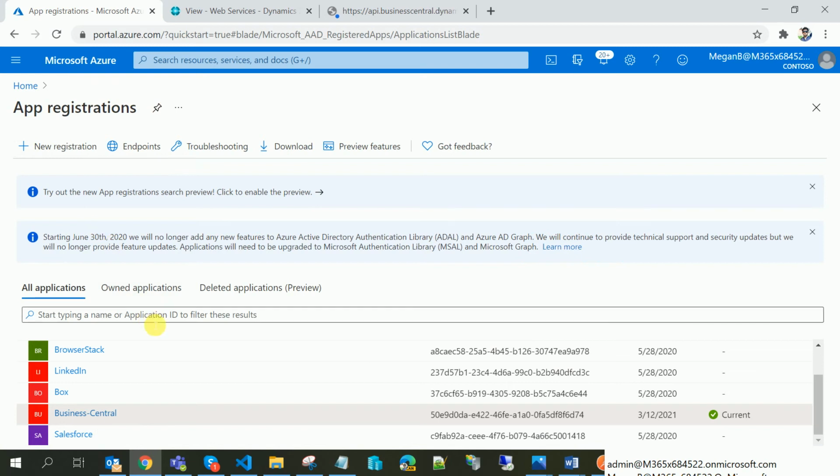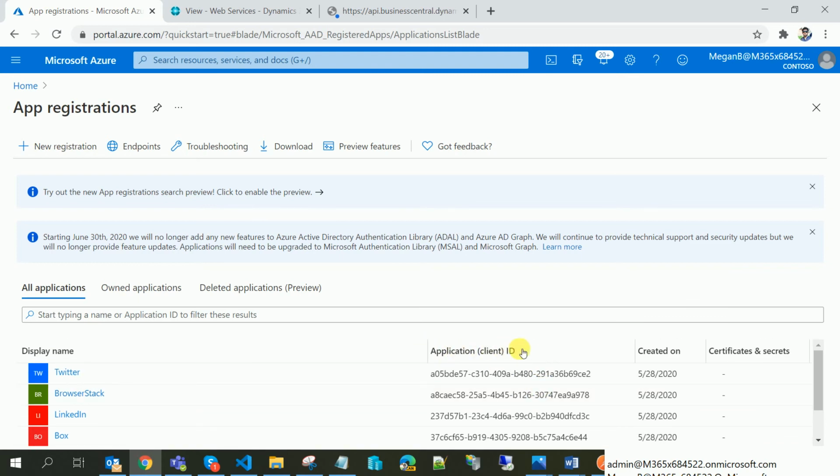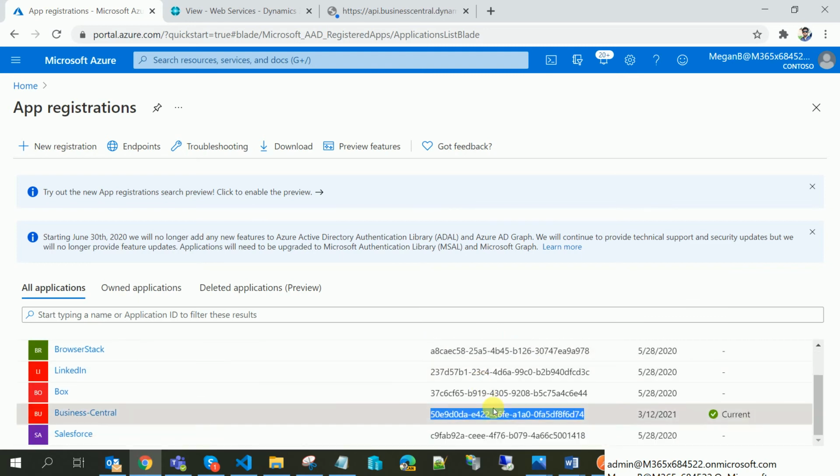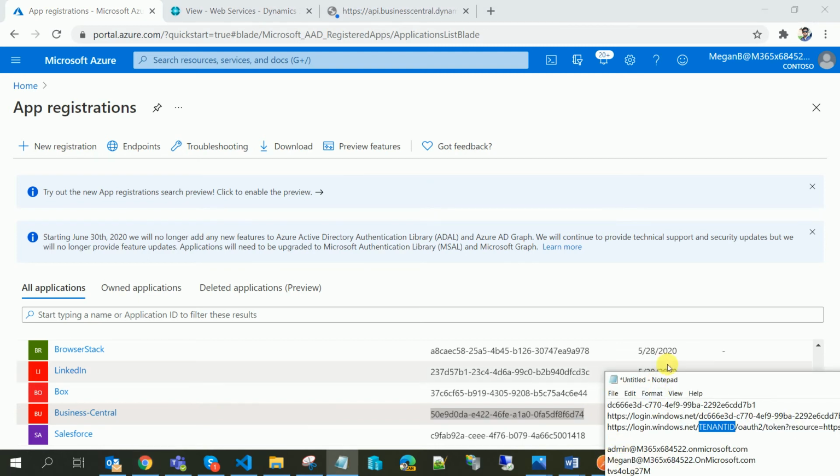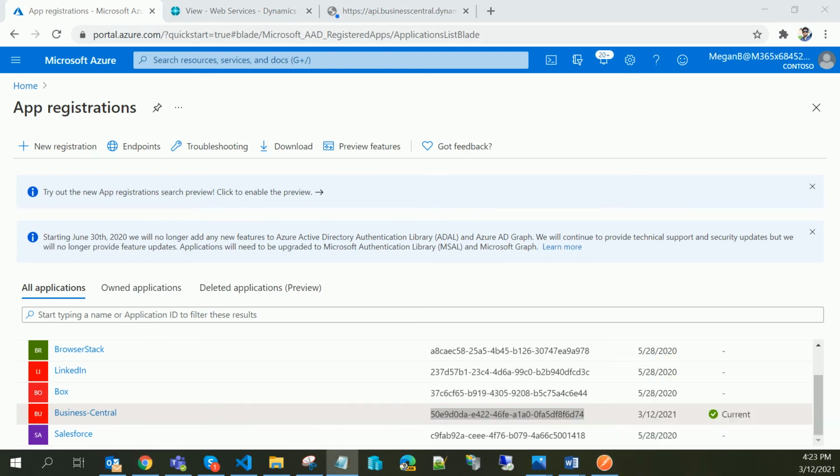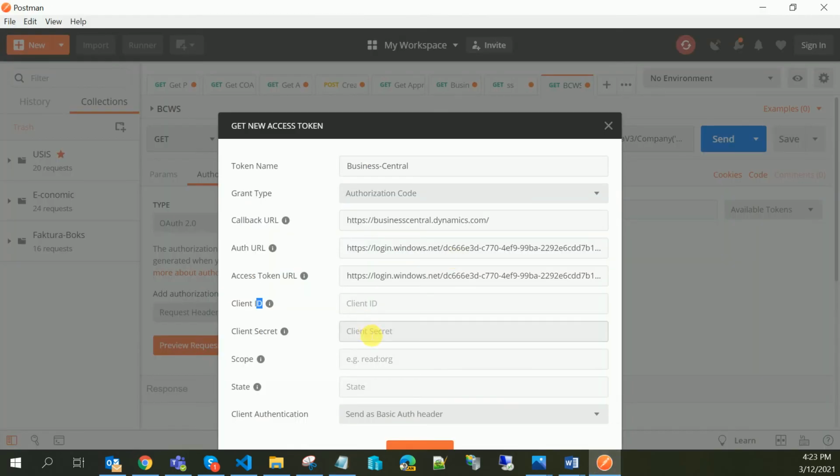If I click on the registered app, here is my Business Central app. If I click it, you can see the application ID. This is the application ID for my app, and I will add it here.